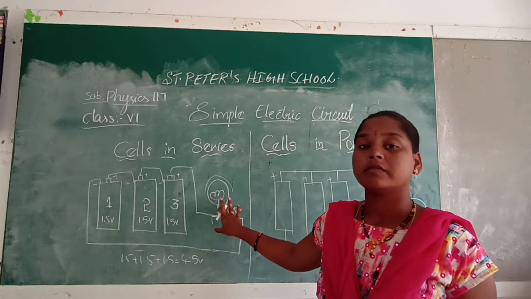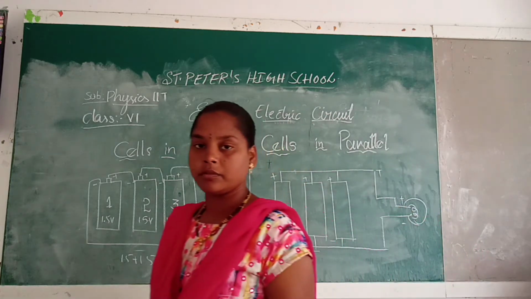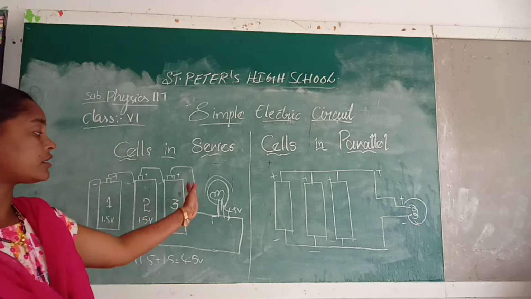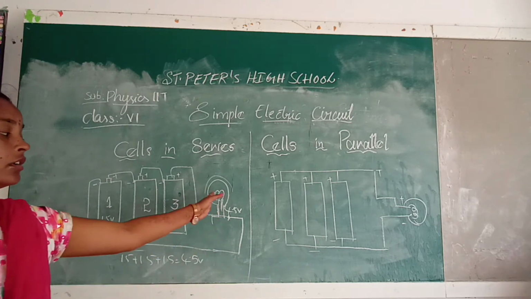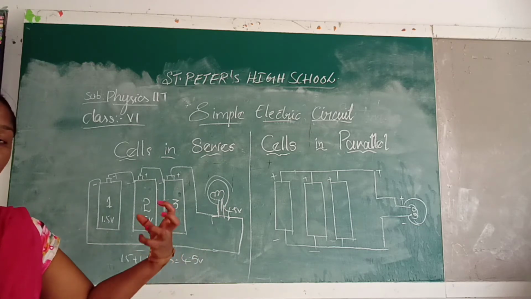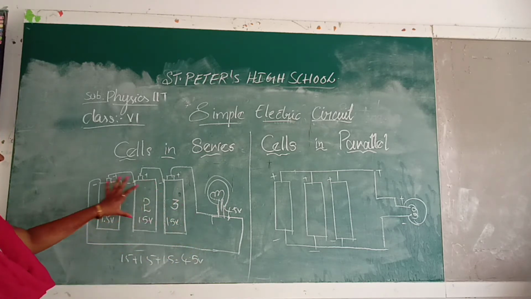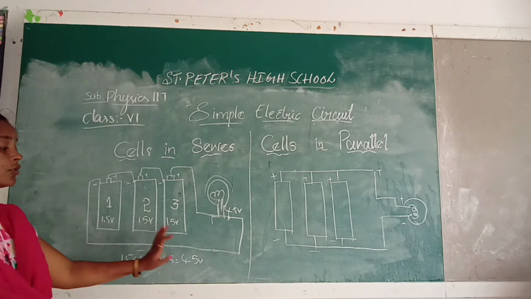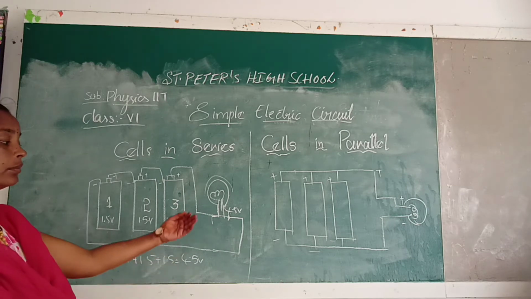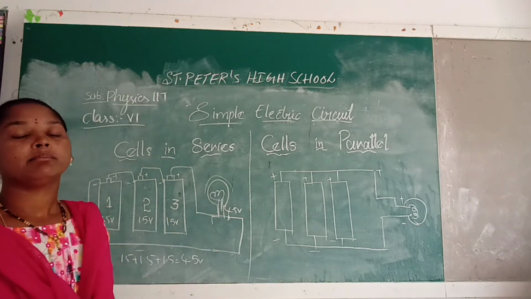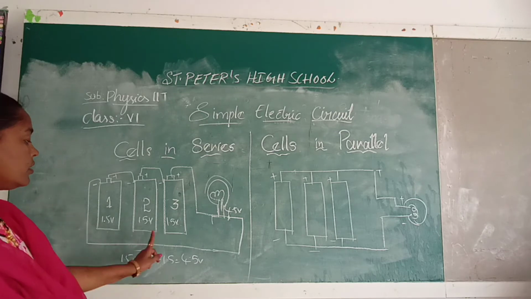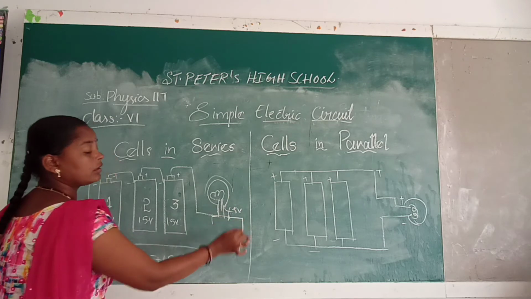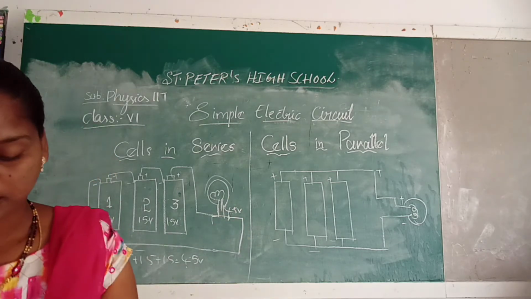So the bulb will get damaged. The bulb does not glow, instead the circuit will be open. The current does not flow in the circuit as the bulb will not take more EMF. So the total EMF of the cells should be equal to the bulb's rating. It should be less but not more than the bulb's EMF. Clear? So the EMF of each cell is 1.5, so the total EMF obtained on the bulb is 4.5 volts.